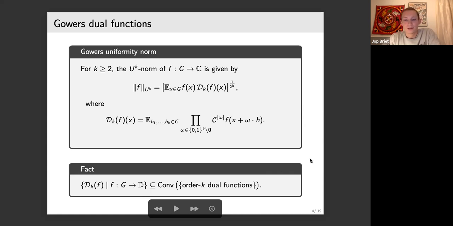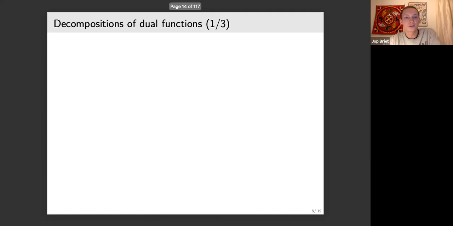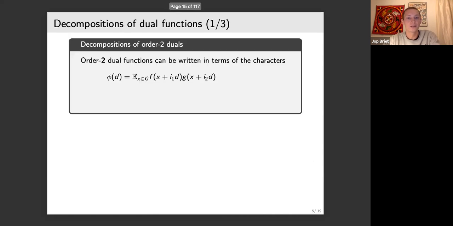And the thing that I'm interested in this talk for these functions is decompositions. I would like to understand how you can write dual functions in terms of more simple functions. So decomposition of functions is the main theme of this talk. And there's a very nice example where you have a very nice decomposition, and that's the example of order 2 dual